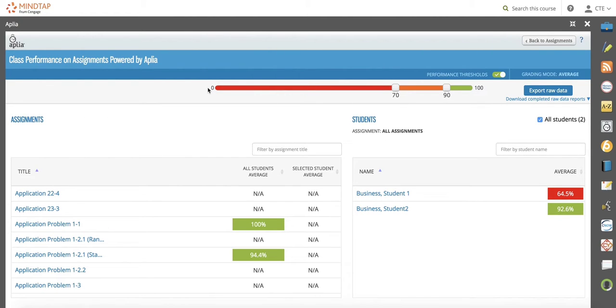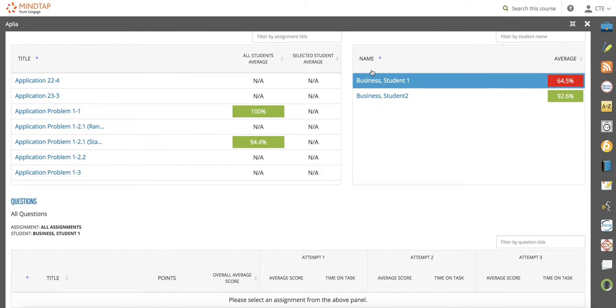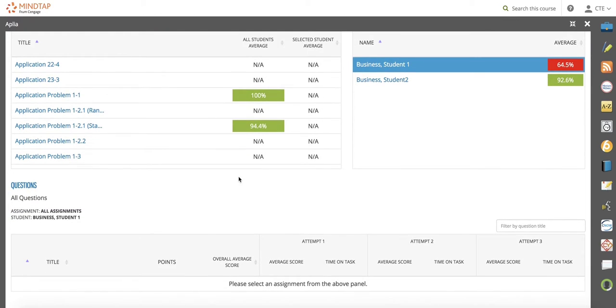this is going to bring up that performance view where I can change thresholds to different coloring so I can easily see, okay, someone is in the danger zone for me. I can look into them quickly. You can look at entire assignments or students. So if I look at this student, I say, okay, they've got a 64%. What's going on here? I want to see what they've been doing. I've selected them. When I scroll down,